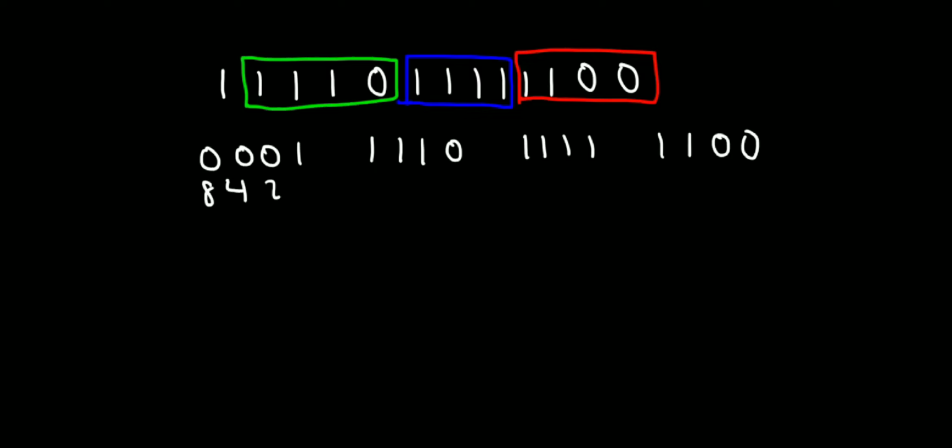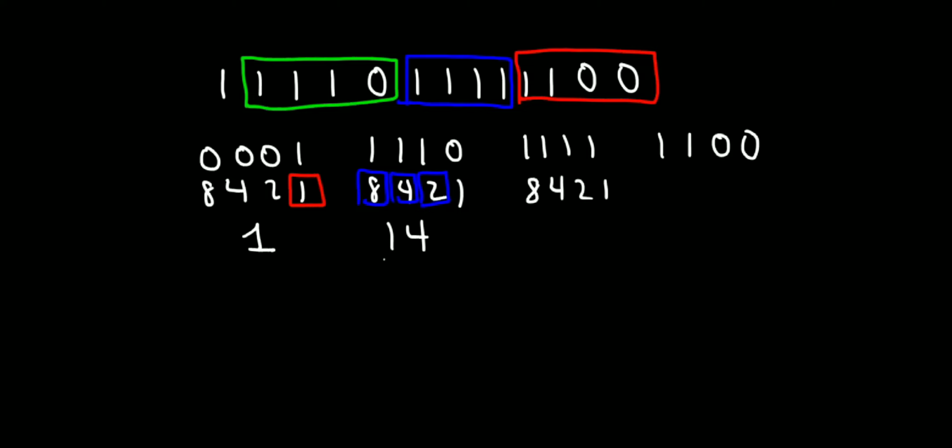Now the same process, 8 4 2 1, wherever it is 1, that we will consider, so 1 it is. Now in this case also 8 4 2 1, so you can see 8 and 4 and 2 we can consider. So 8 and 4 is 12 and 2 is 14 is the value. Here all 4 will be considered because 1 is there. 8 4 2 1, it will be 15,